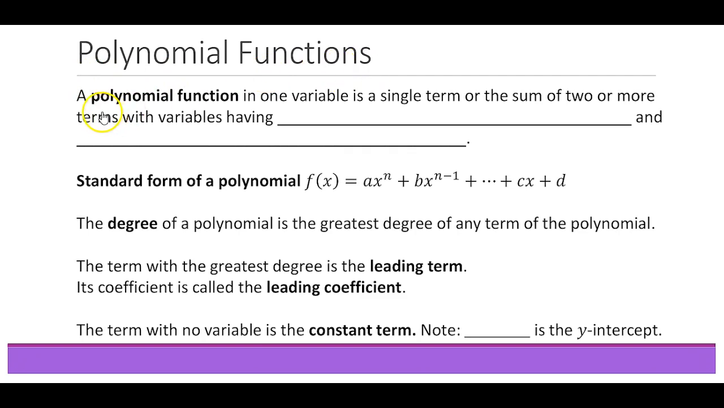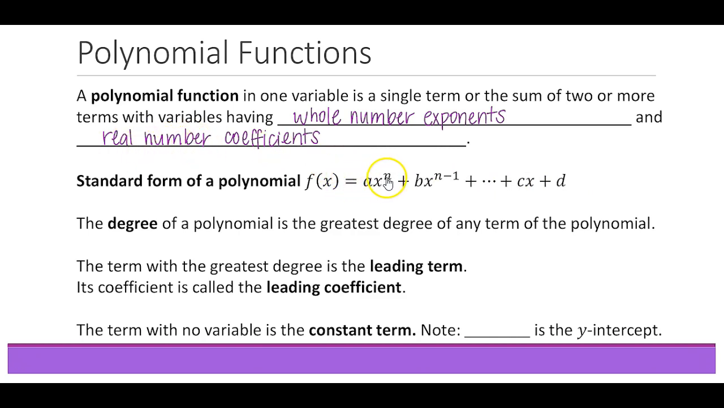Polynomial functions. A polynomial function in one variable is a single term or the sum of two or more terms with variables having whole number exponents and real number coefficients. The standard form of a polynomial looks like f of x equals ax to the n plus bx to the n minus 1 plus ... plus cx plus d. So in other words, the values of a, b, c, d have to be real numbers,